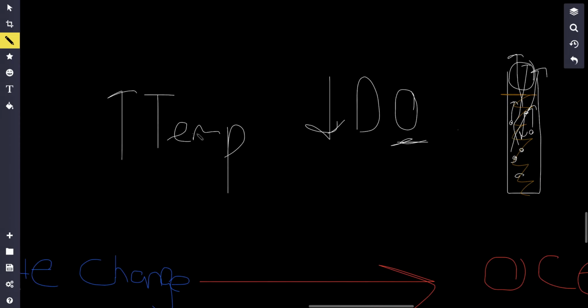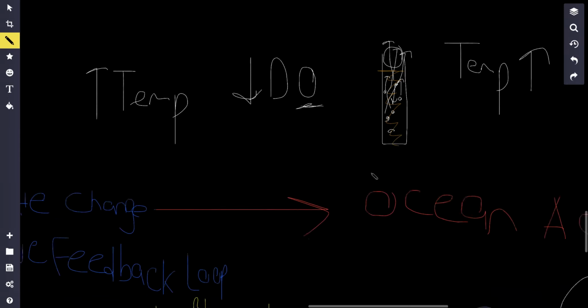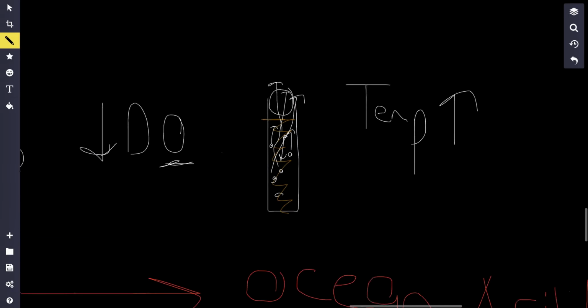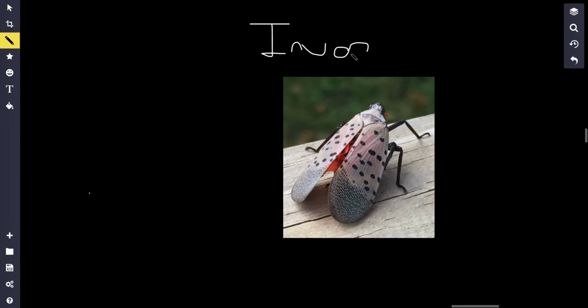And it's kind of the same thing here, right? The higher the temperature, this oxygen is just going to escape, and it's going to cause a decrease in the dissolved oxygen. And once again, we come back to this range of tolerance, right? Some organisms have a certain dissolved oxygen concentration that they like. If it's not to their favor, a lot of them might die, right? But for the AP exam, I'm pretty sure you don't want to say that they die. You want to just say something like hindered reproduction or hindered growth, right? So something like that.